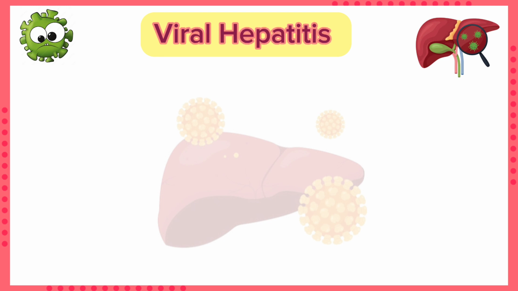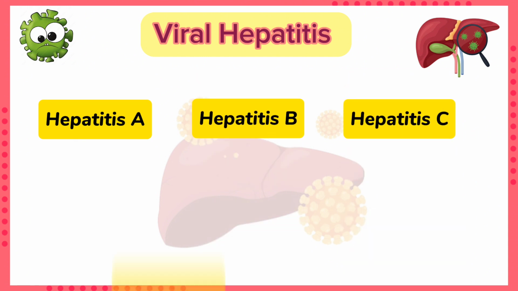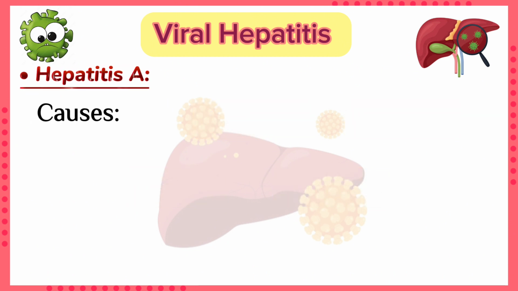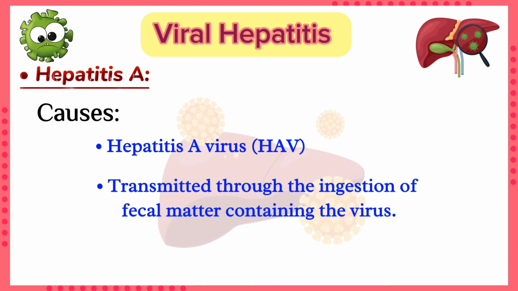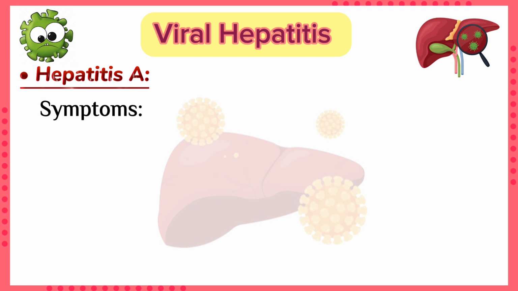Viral hepatitis. The most common types of viral hepatitis are hepatitis A, hepatitis B, hepatitis C, hepatitis D, and hepatitis E. Let's discuss hepatitis A. It is caused by the hepatitis A virus, which is typically transmitted through the ingestion of fecal matter containing the virus. Hepatitis A symptoms typically appear a few weeks after you have had the virus, but not everyone with hepatitis